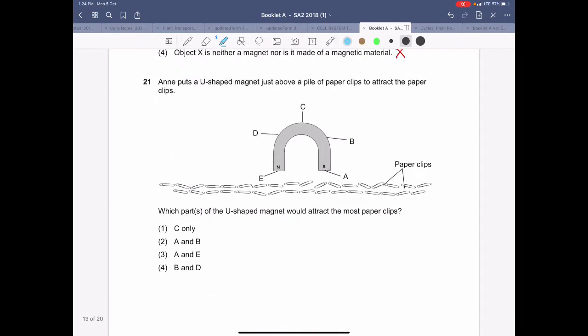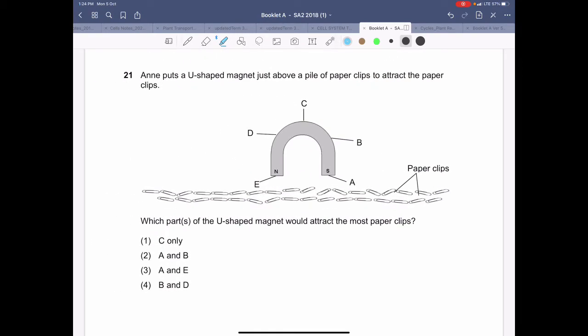Question 21. N puts a U-shaped magnet just above a pile of paper clips to attract paper clips. Which part of the U shape would attract the most paper clips? Now, the key concept that I am trying to test you on here is the properties of magnets. So what are a few? One of the properties is that opposite poles attract and like poles repel. Another one that you need to know is that